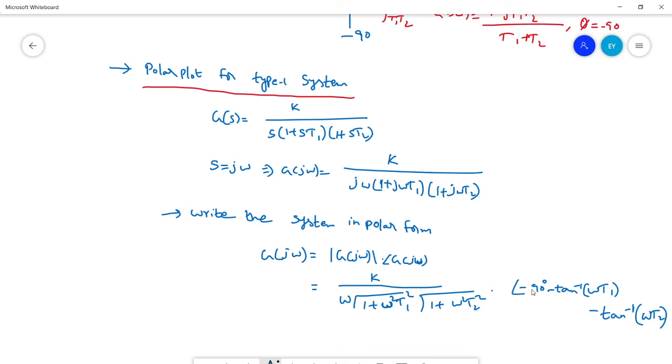Similarly for phase, if you have a pole at origin, you will get minus 90 degrees. And for the poles from here, 1 plus j omega T1, how can you write it? Minus tan inverse of b by a, where b is nothing but omega T1. Similarly for the other pole. The next step,